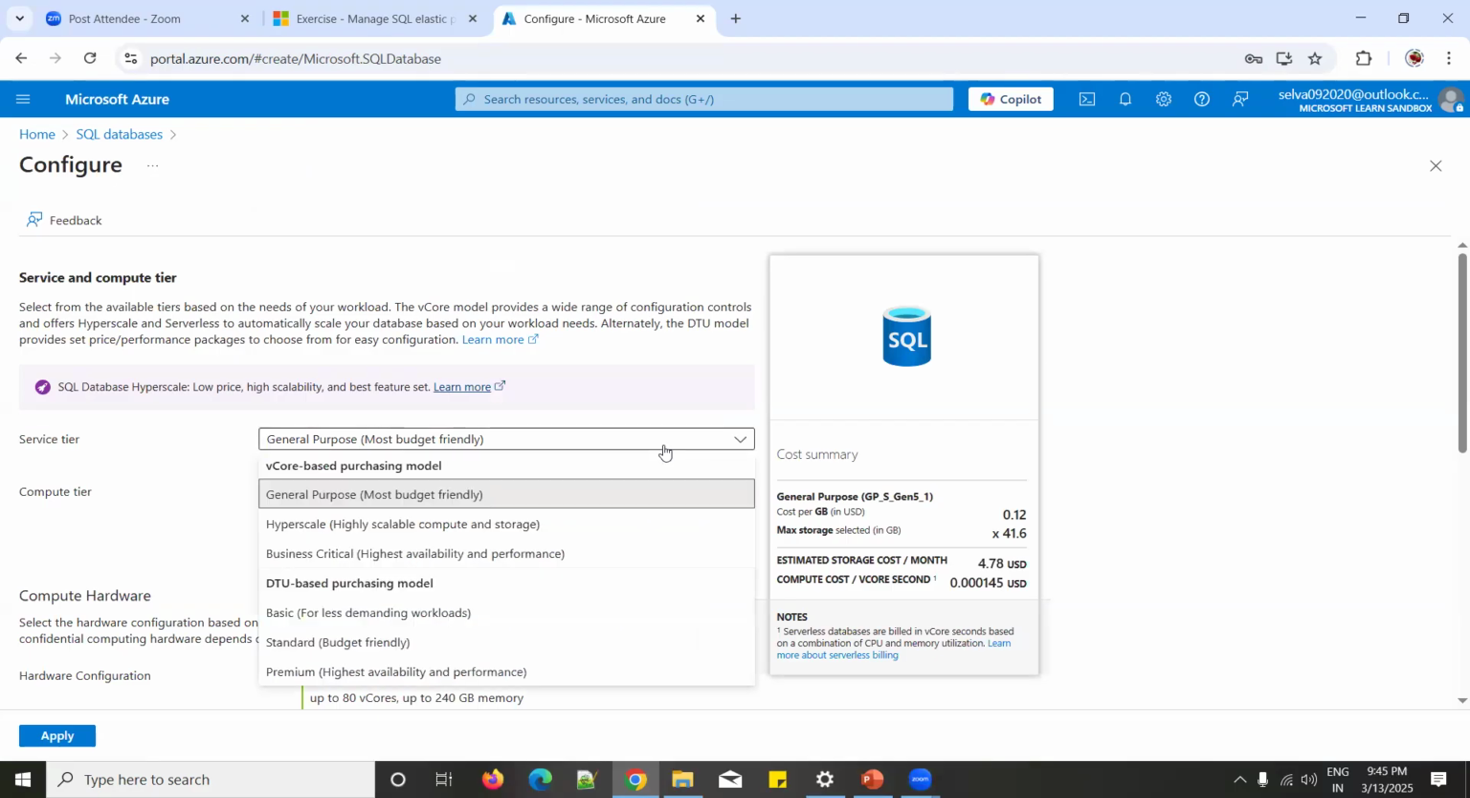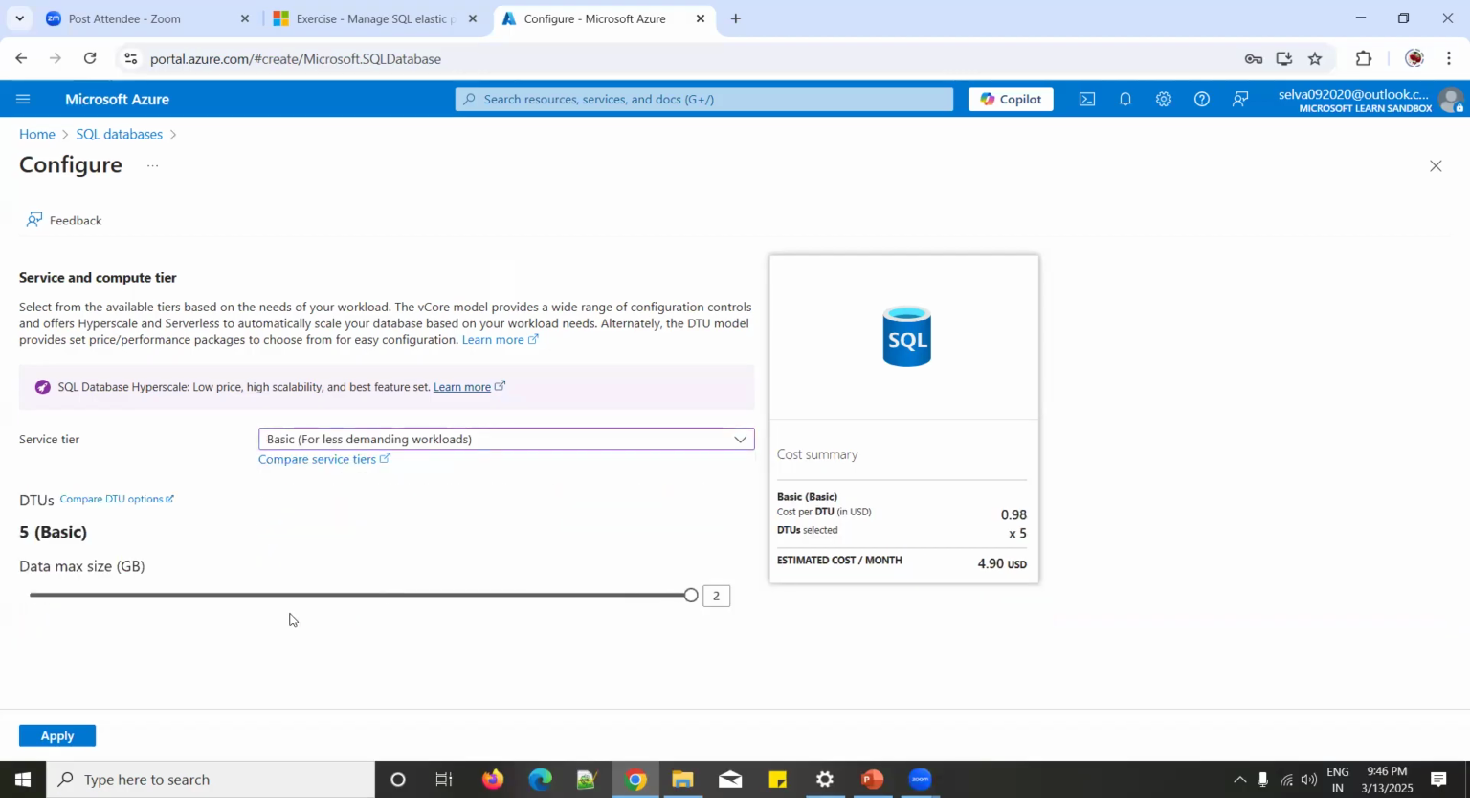If you click this drop-down list, you can see the two types of service tiers: the vCore based purchasing model and the DTU based purchasing model. So data transfer unit basis and vCore basis, virtual core machine. For easy understanding, I'm taking this DTU, the basic. If you are choosing that basic configuration, see here, for this configuration,